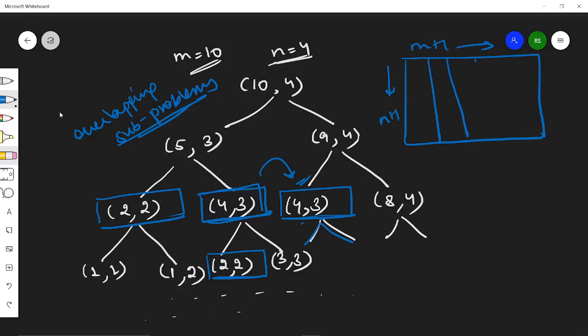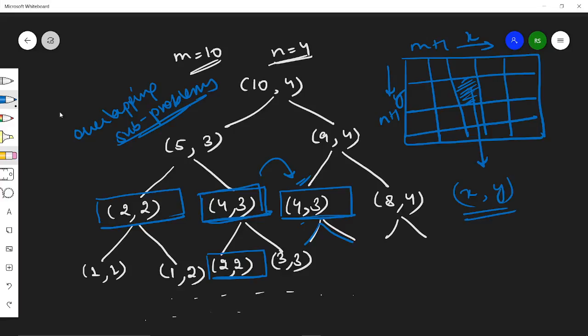where in DP every cell represents, suppose this cell in my DP represents the answer when my, suppose here the m is x and n is y. So this cell represents my answer when my m is x and n is y. So, and I will initialize my DP with the -1.